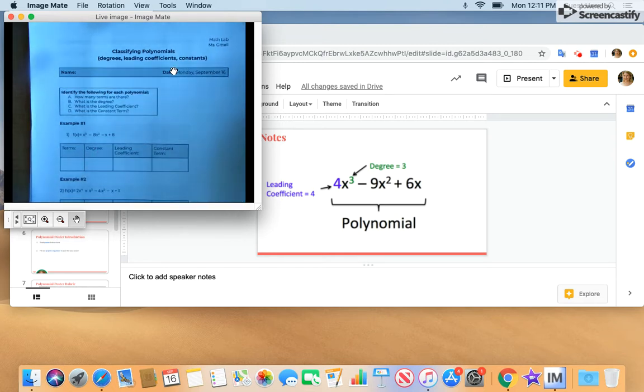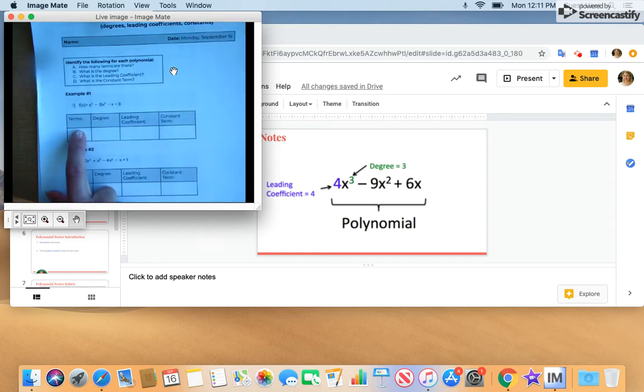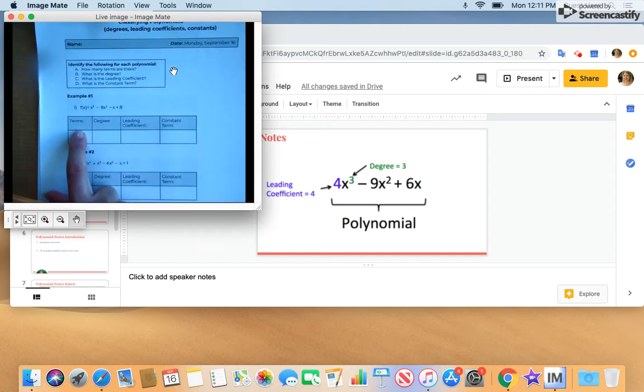Okay, let's do two examples together. The first thing we're going to try to figure out is how many